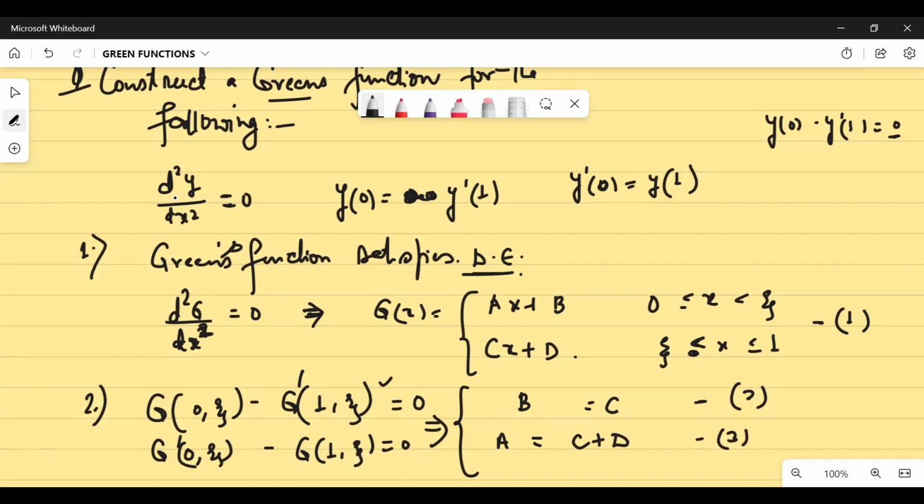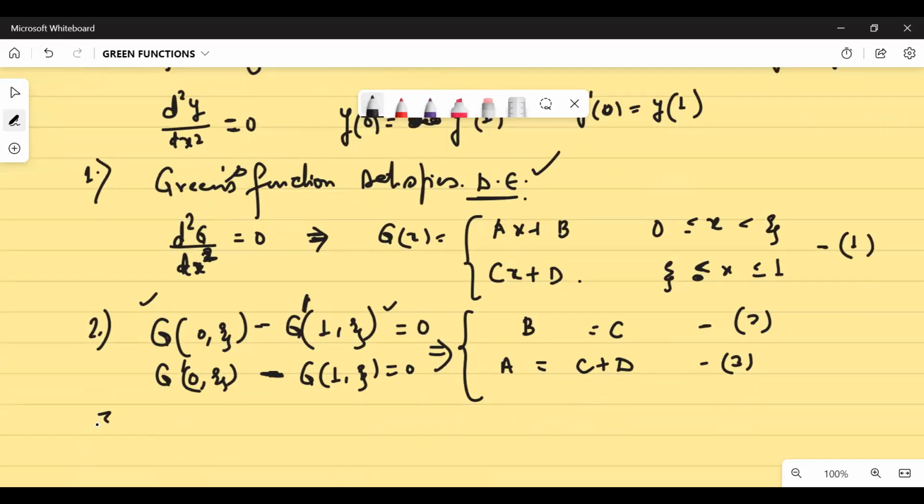Is that clear? So for a given differential equation, the Green's function would obviously satisfy, one, the differential equation. Secondly, the boundary conditions, like the conditions that were given to you. The third thing it would do, as I told you, is that g would